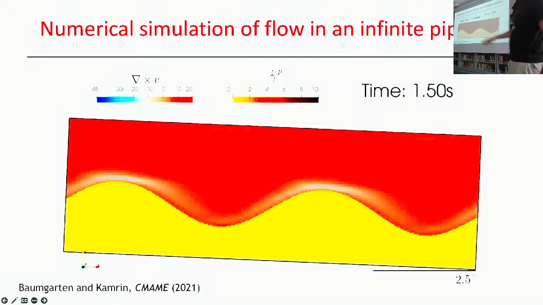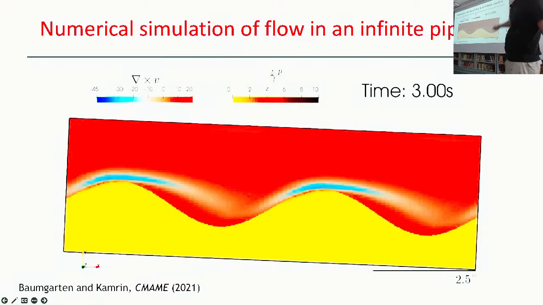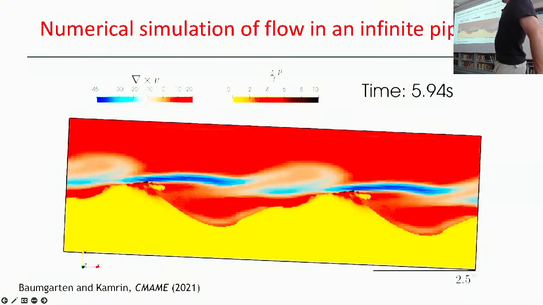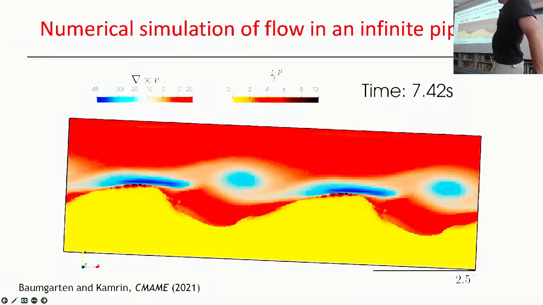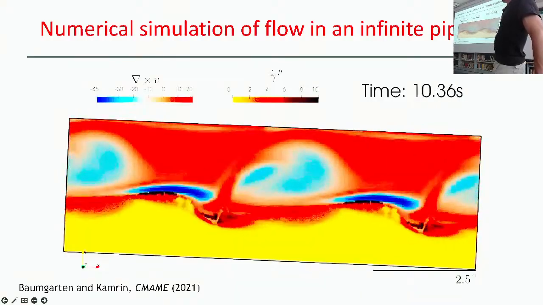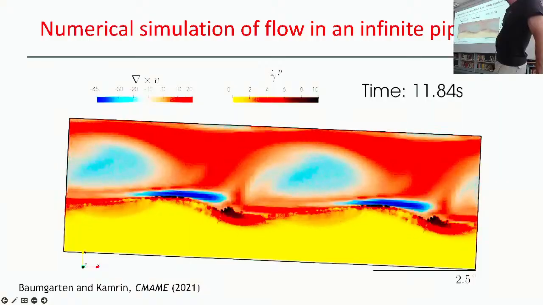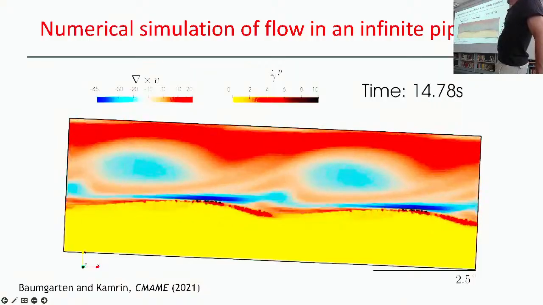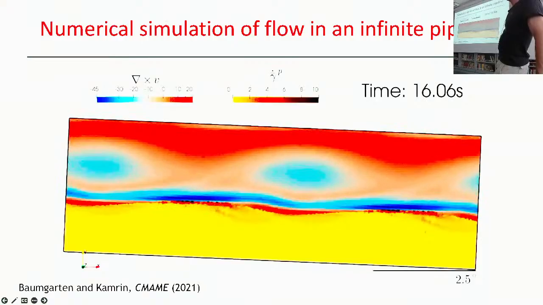So this is a gunky pipe that you tilt, and you can see the fluid starting to flow over it. The solid is still MPM, but the fluid is now a fixed grid finite volume method. So you can see it sloshing around. And so that's complete mixture theory, same basic model, but now the fluid is solved with the finite volume method